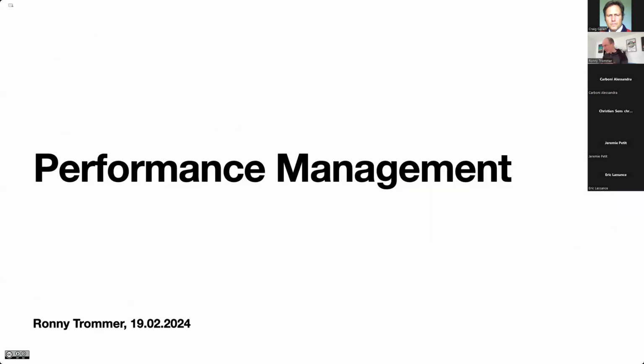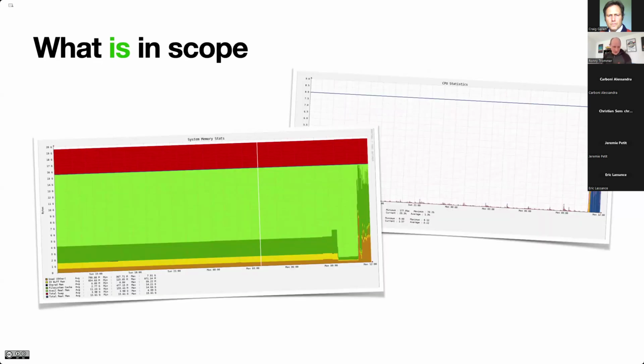Yes. Okay. So it's all about performance management. What we are talking about in performance management is technically everything you would like to know from a system or device about utilization, saturation, errors, any kind of metrics you are interested in, but not just the current state.